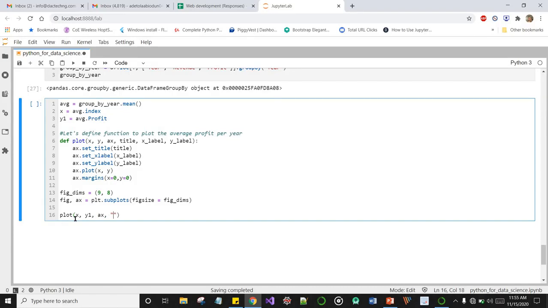The next parameter in our function is title, so the title of our plot, let's say, increase in mean profit from 1995 to 2005, and comma, the next thing is our x label, on our x-axis it should be year, and on our y-axis it should be profit in millions.